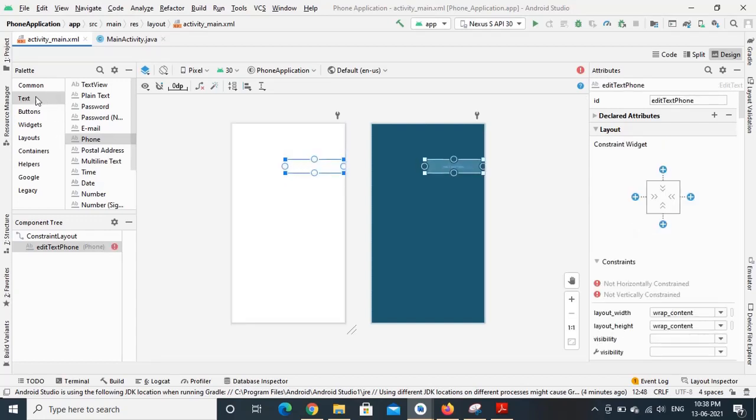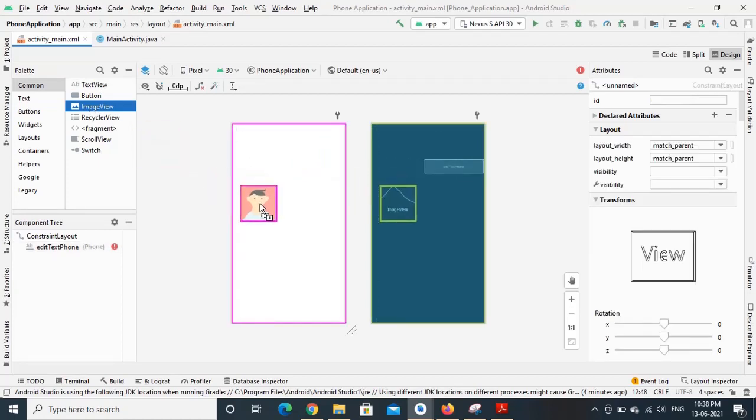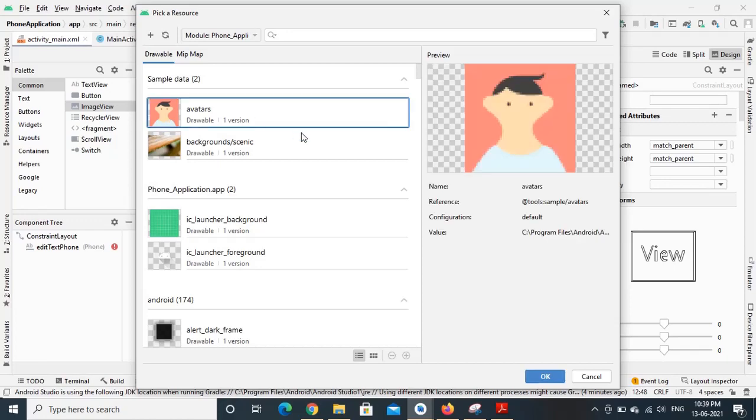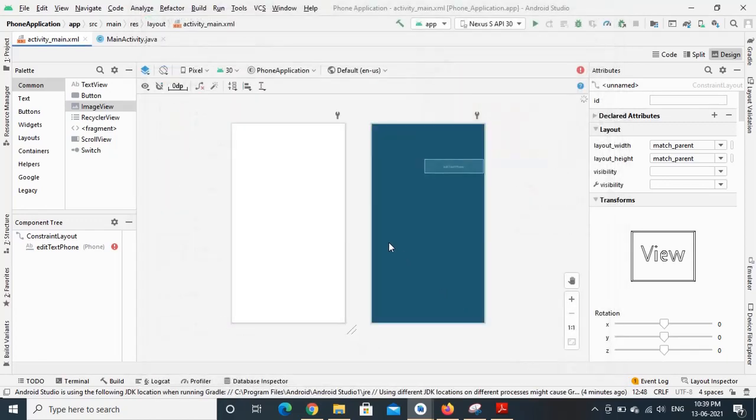And next we require one image view. Either you can take a button or image view or image button. These are the different options we have. Select image, sample image, click OK.